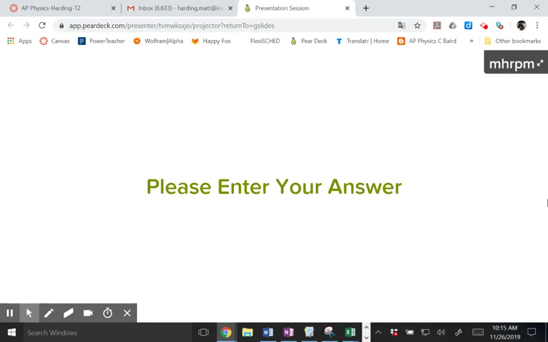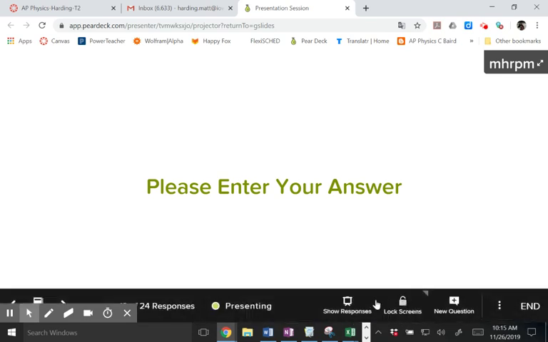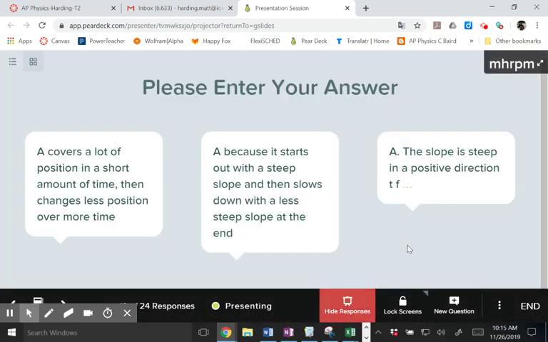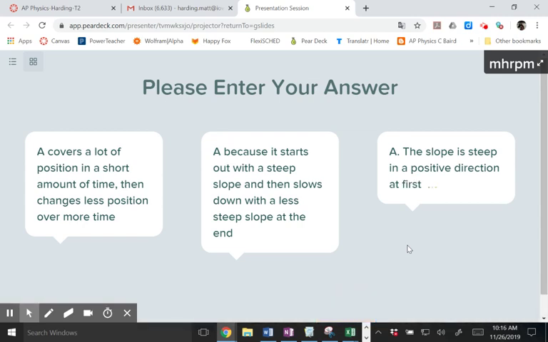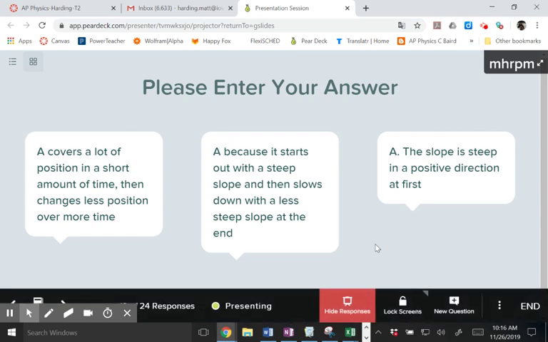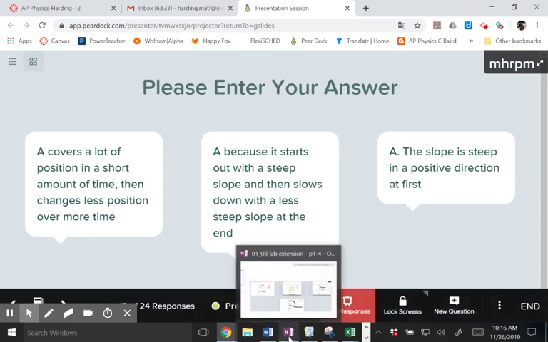All right. So in the spirit of moving things along, let's check in with some of our friends here. We've got A covers a lot of position in a short amount of time and then changes less position in more time. A, because it starts out with a steep slope and then slows down with less steep slope at the end. A, the slope is steep in a positive direction at first. Oh, man, people are changing what they're saying. All right. Anyways, we go over and